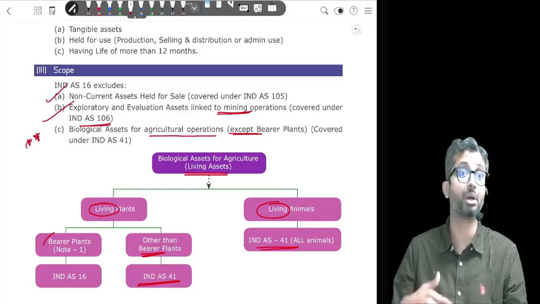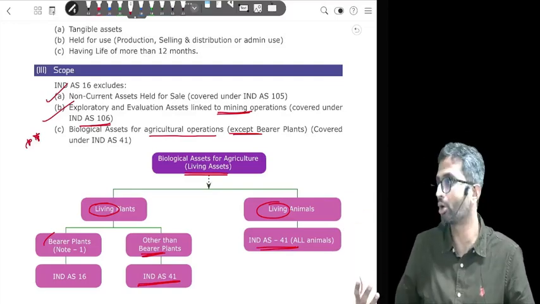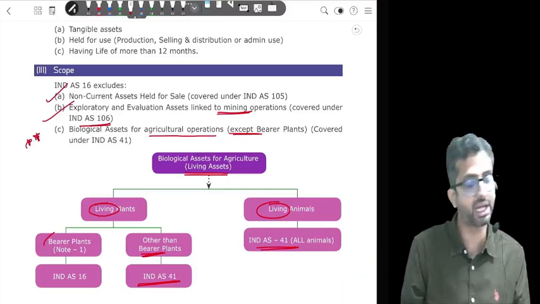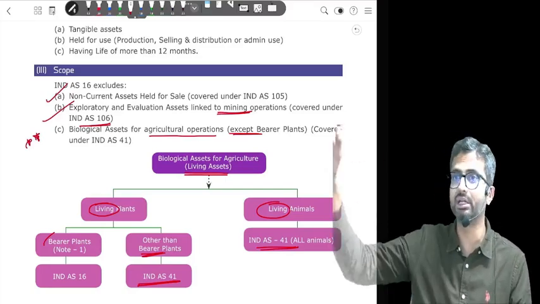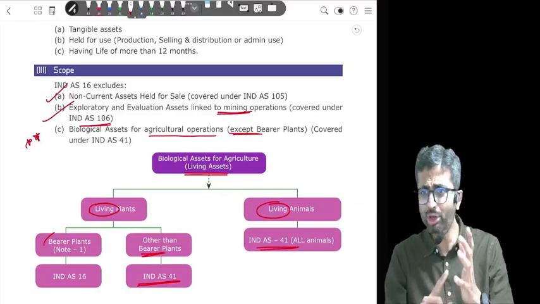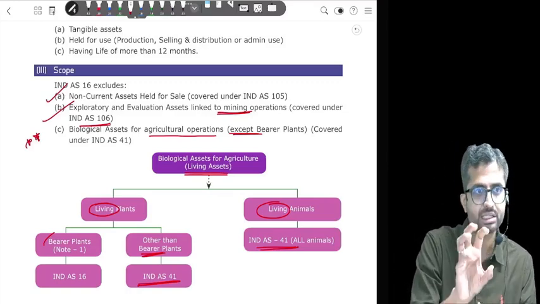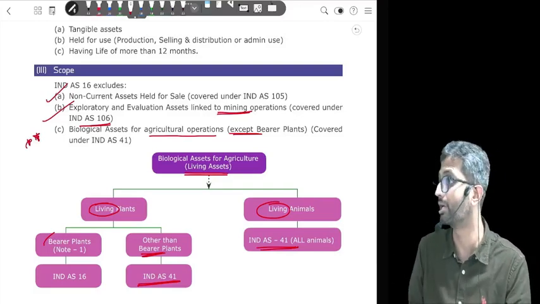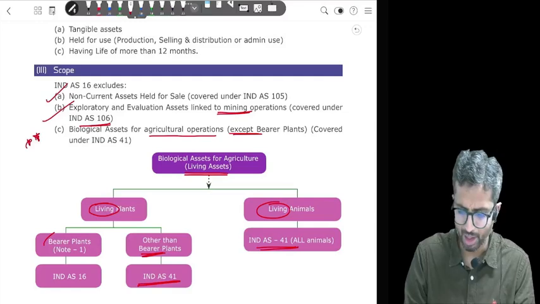That can be, for example, in amusement parks you have dolphins. Dolphin shows happen. I own those dolphins, but I'm not using it for agricultural purpose. I'm using it to run a dolphin show. It is not Ind AS 41. Living animal, no, but still not Ind AS 41. Are we clear with this? What is agriculture? We will study it in Ind AS 41, but as of now, do we have the clear understanding? Important from an MCQ perspective, or important from a question where identification has to be done. After that, you do the accounting, but first you have to identify, like the Pineus radiata question. Are we clear with this? Yes? Okay. So that is regarding bearer plants and stuff.